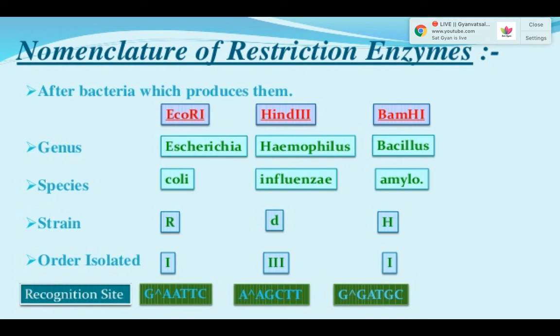Is there any rule to assign the strain name? No, there is no rule. It starts from A, B, C, D, E, F, G. Whichever strain is giving you the best result, you take that particular one. As for example, which is working best? HindIII is working on AAGCTT. So they are going to take that one. There is no particular rule available. It goes A, B, C, D, E, F, G, H, I, J, K, and whichever is giving the best result, that one you take for your experiment. I hope the things are clear. Parth.